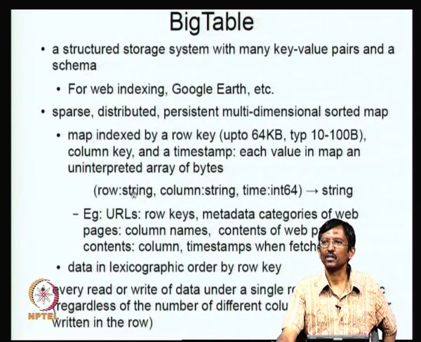It's a row, which is a string; a column, which is multiples, is also a string, but it can also be seen as multiple strings, so that you have a multi-dimensional aspect to it. Time is basically a set of time instances at which these particular data were created or modified, and